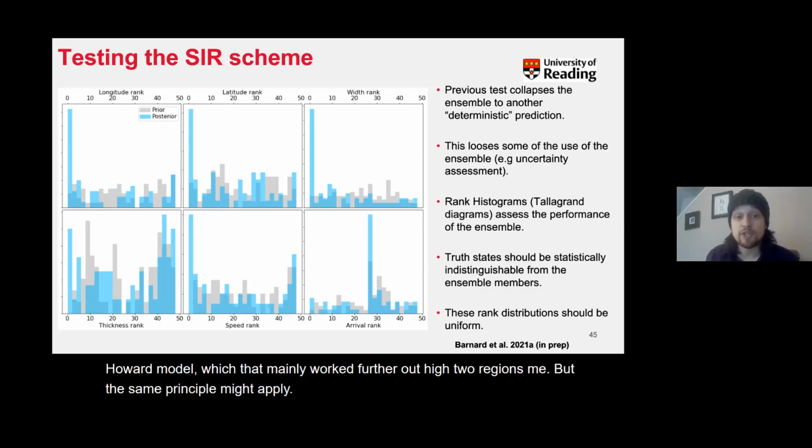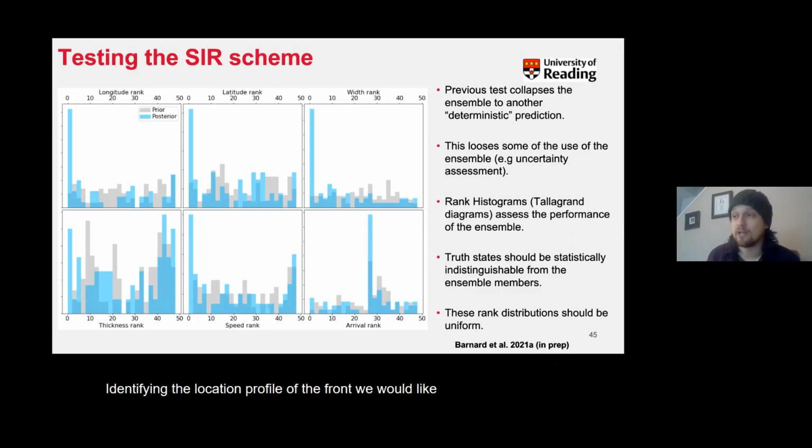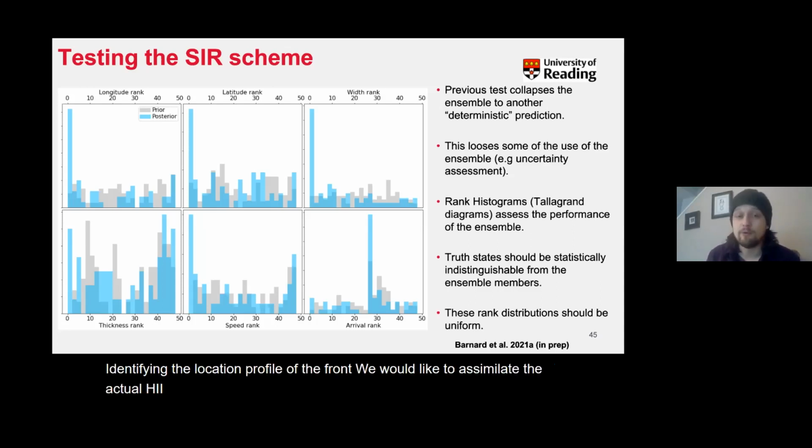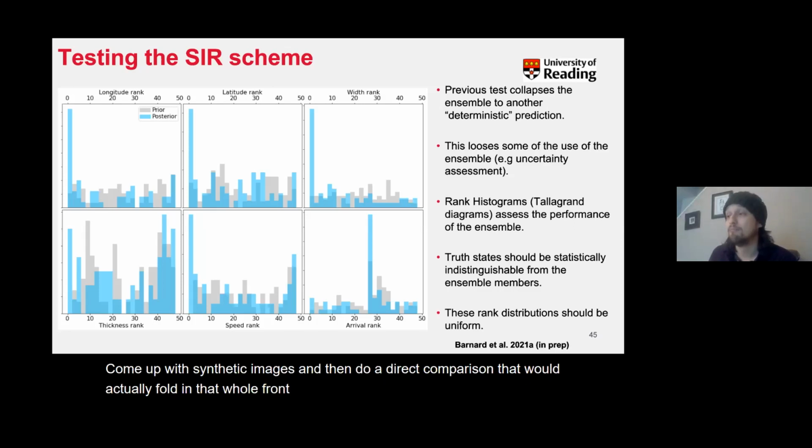Yeah, that's a really good point, James. That is something that would be worth looking at. So ideally, what we would like to do is, rather than identifying the elongation profile of the front, assimilate the actual HI data. If you had a forward model that you could couple your solar wind model to, you could come up with synthetic images and then do a direct comparison that would fold in that whole front profile. But yes, you're right that